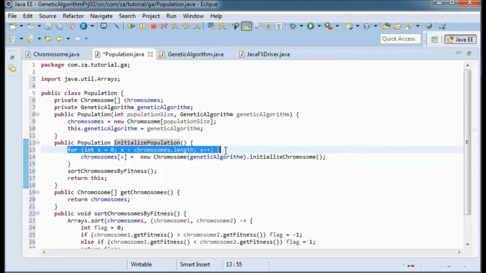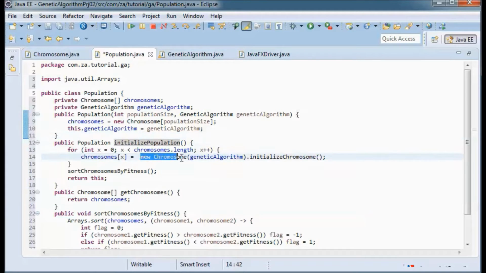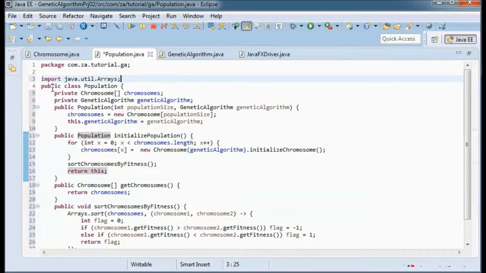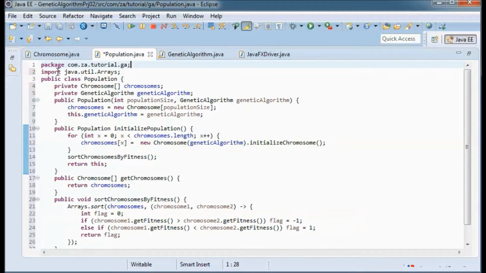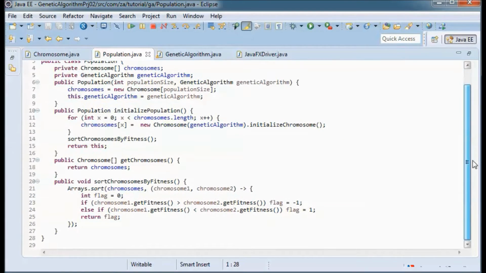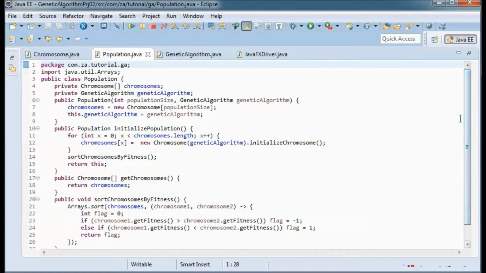So we have a for loop, and we're instantiating chromosomes and calling the initialize chromosome method on them. And then we sort those chromosomes, and for convenience return this population. And this should do it for this class. So next, let's go to the genetic algorithm class.